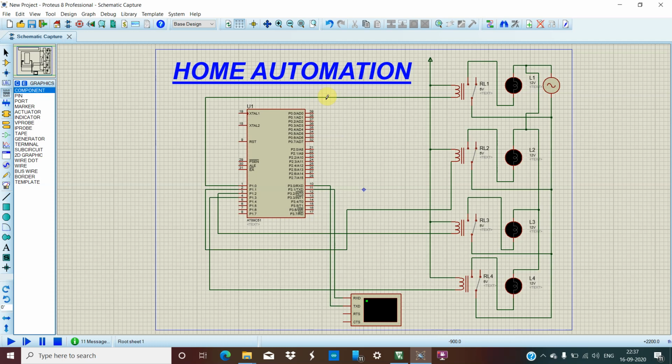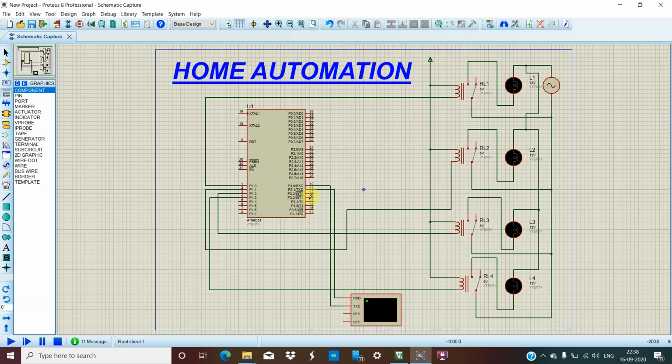And we have done a project based on home automation using a microcontroller called 8051. Let me explain the components initially. We have used one virtual terminal over here where we provide the input. Secondly, we have used a microcontroller, which is the heart of the circuit, and we have used four relays, followed by four LEDs to see the four outputs, and followed by that we have taken one alternating current and a 5-volt supply over here.